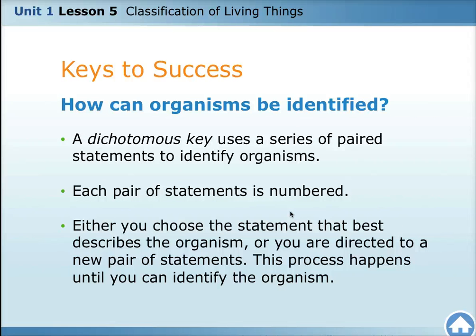On page 64. A dichotomous key uses a series of paired statements to identify organisms. Each pair of statements is numbered. Either you choose the statement that best describes the organism, or you're directed to a new pair of statements. This process happens